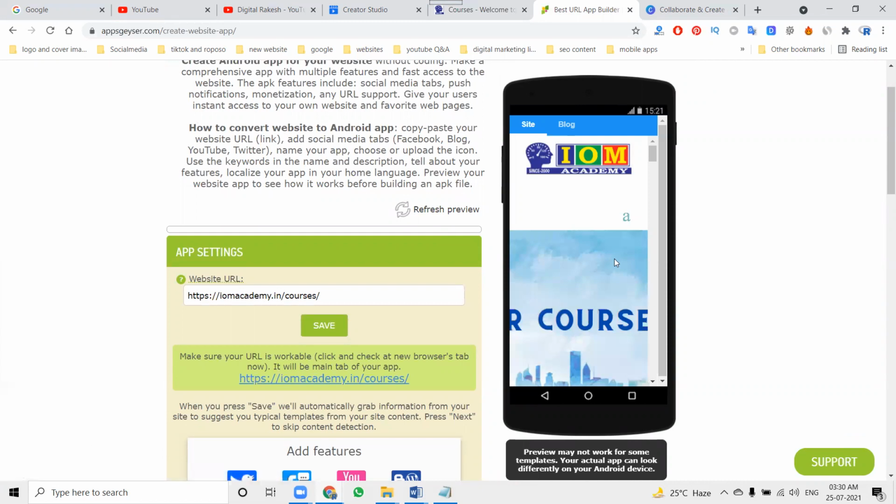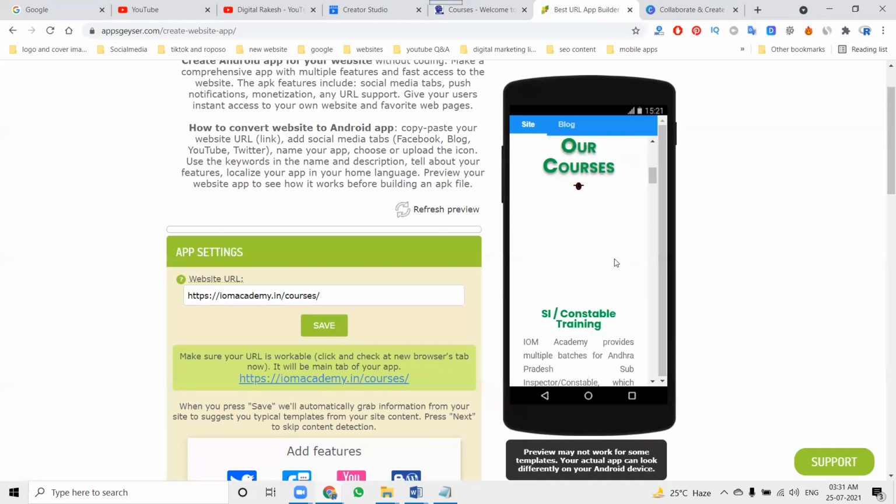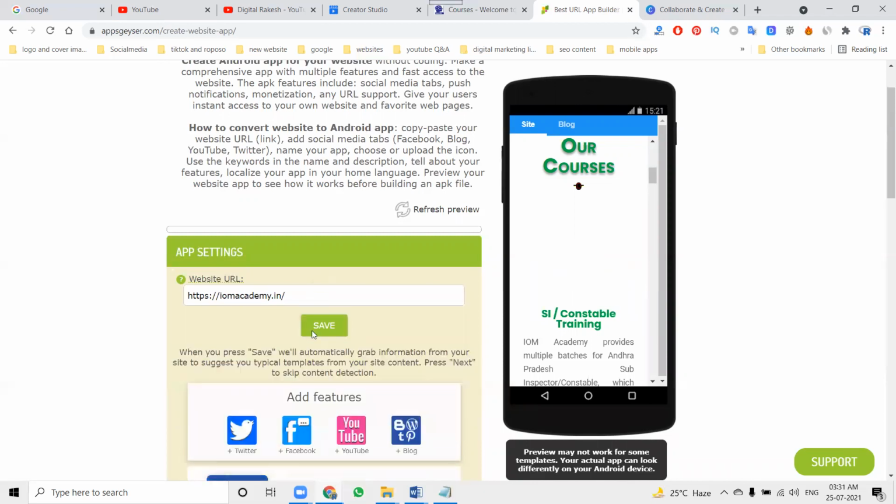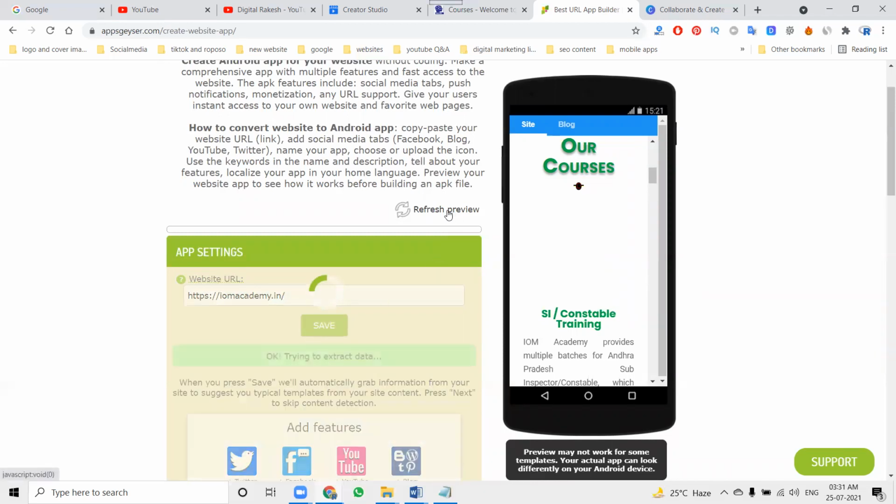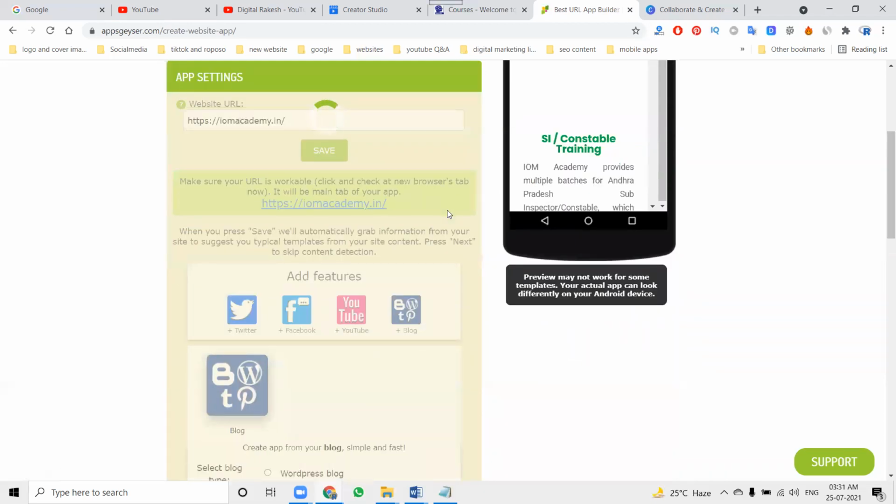The particular page will be visible to the users. The page must be mobile friendly, which is important. If it is not mobile friendly, it won't show properly in your mobile app. Right now I'm showing only the home page. Click save and then click the refresh button.